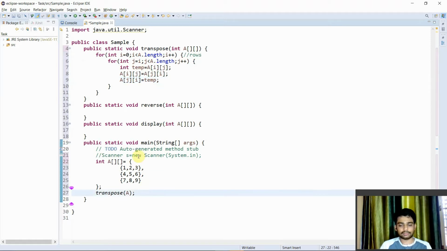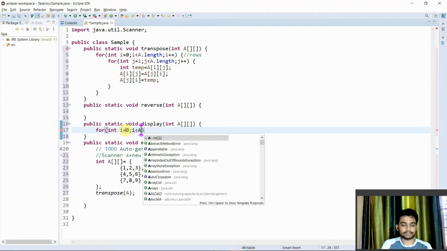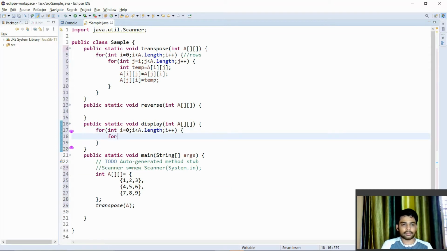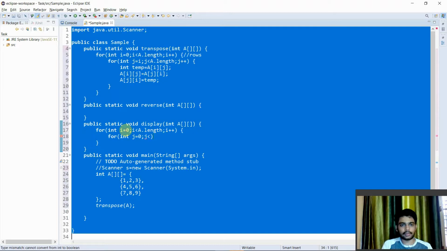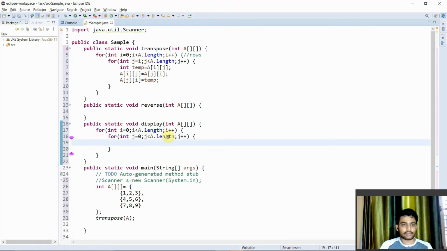So we'll call the display function and check it. In order to use the display function, I'll be displaying: i equals 0, i less than a dot length, i plus plus, for j equals 0, j less than, so we'll be printing each and every element.